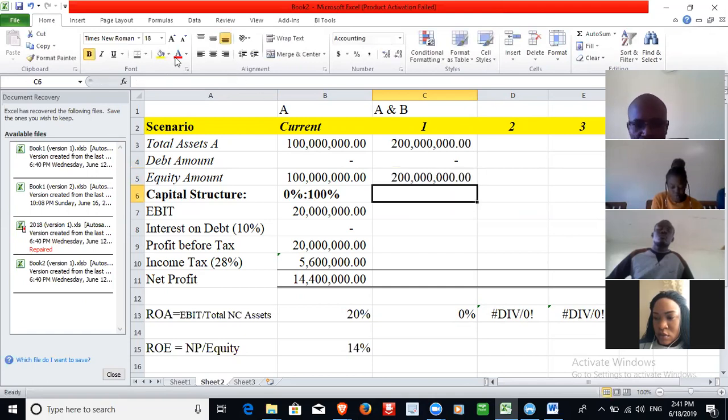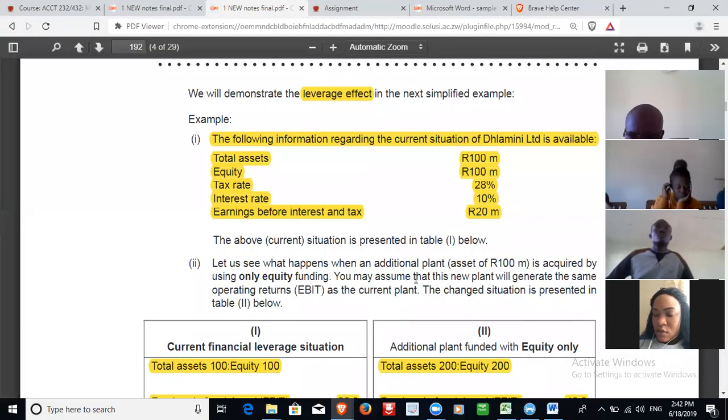Our equity amount is going to be what? 200 million, right together, which is funded by, everything's funded through what? Equity. Therefore, our capital structure will still be the same as the previous one: 0% debt and 100% equity. Everything is fully funded by equity. Then we are also told that you may assume that this new plant will generate the same